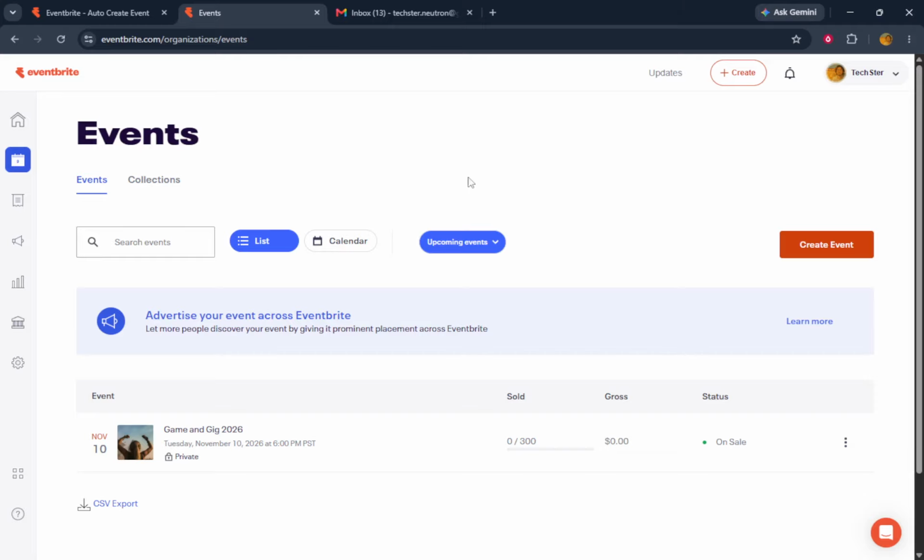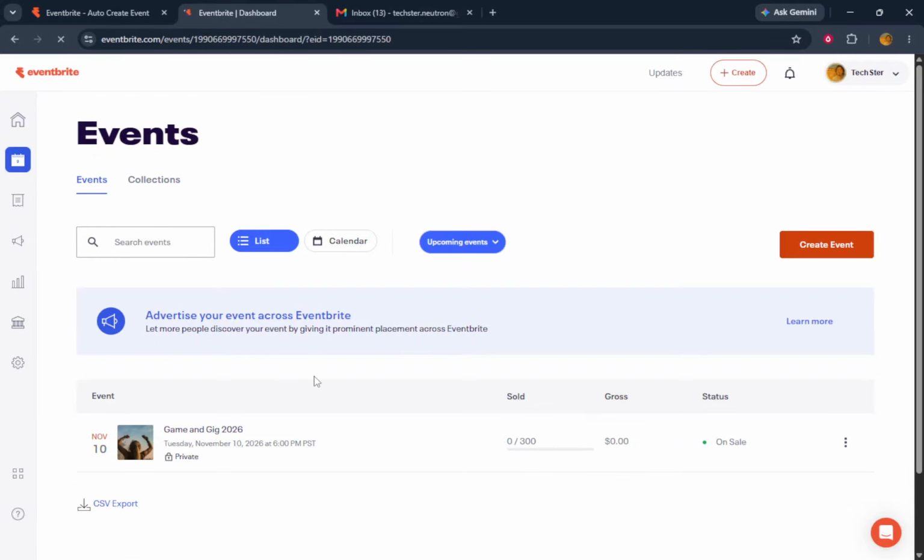Let's begin by signing into Eventbrite. Head over to the Eventbrite website and sign into your account. If you're already logged in, that's great. Otherwise, simply enter your credentials and hit that sign in button. This step is crucial because your account is the gateway to accessing all your event details and customization options.